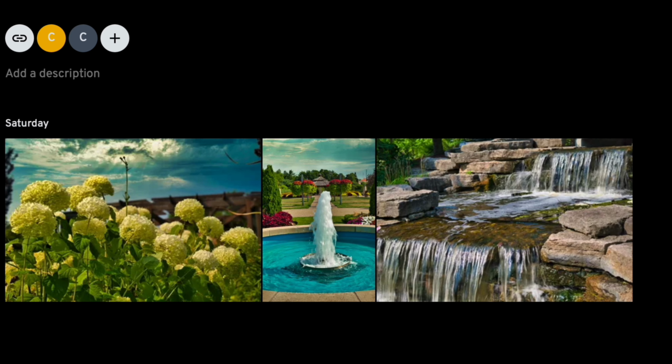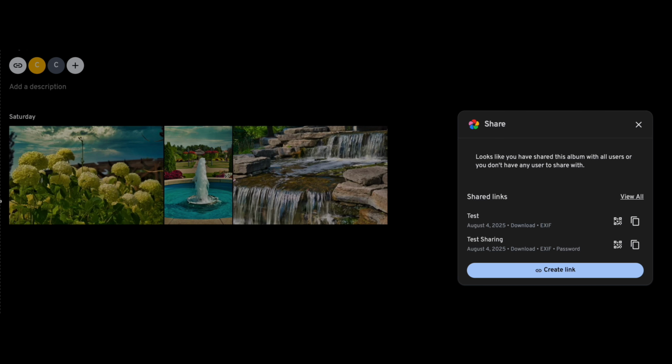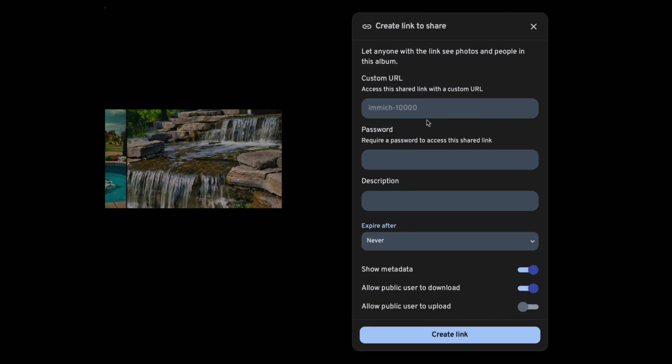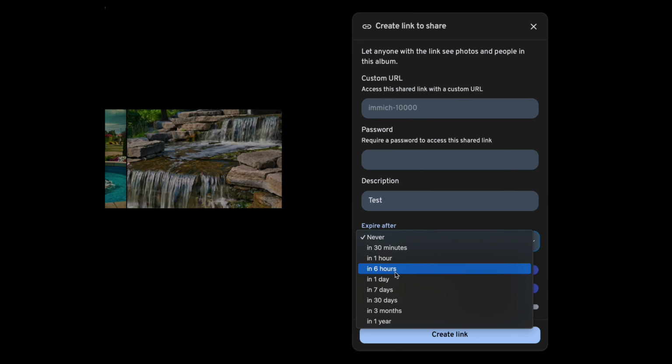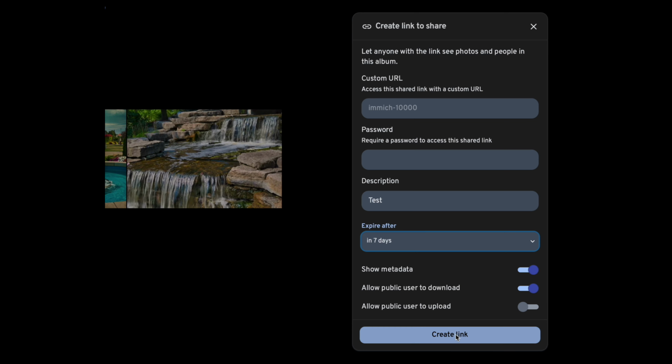Here, when we have some sample photos for sharing, create an album and then click on the share button. Then share link is created. When we click on the create link and custom URL, password, description we can enter, which shows up in the email with the link, and expires we can give some days like 7 or 30 days and show metadata. Public user to download and upload option can